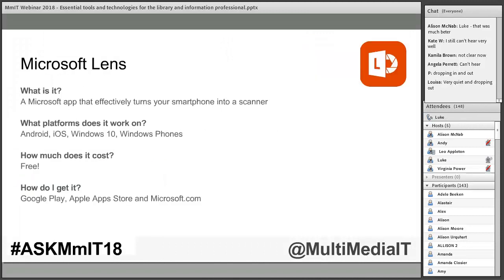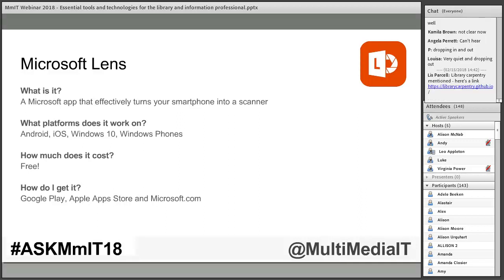The second thing I wanted to look at was really just an app, mainly as I've used it, but it is available on a number of platforms. A lot of you are possibly familiar with it, and other similar products that are available. Microsoft Lens, which is effectively an app that turns your smartphone into a scanner. I quite often find it really useful at presentations, or if we run a lot of Agile workshops here, and running Agile workshops, you want to capture either the post-it notes that are on the wall or flip charts. So Microsoft Lens takes images of document types, and it then manipulates them so that it saves it in